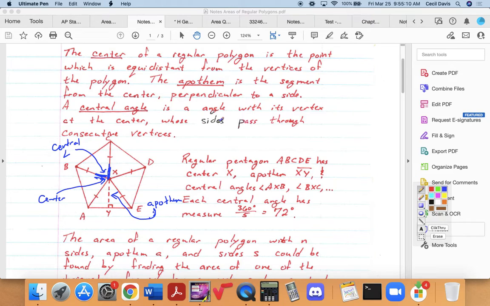One of the nice things is that makes a quick way to figure out what the measure of the central angle is. Because notice, I'm going to erase all this for just a second, all these central angles added together make how many degrees? 360. So if you just take 360 divided by 5, we get the measure of each central angle is 72 degrees